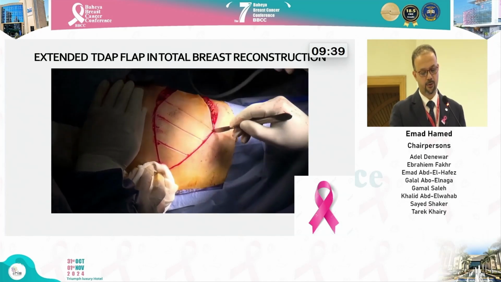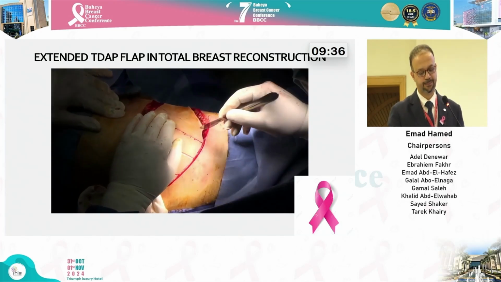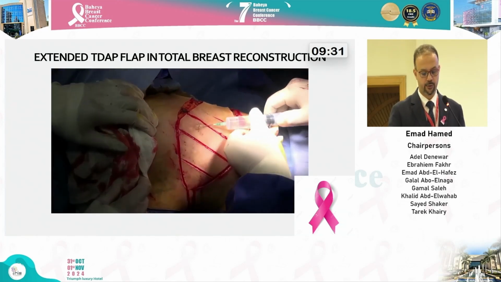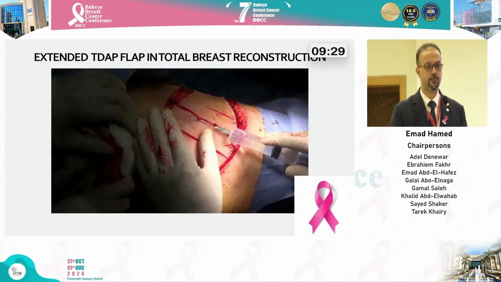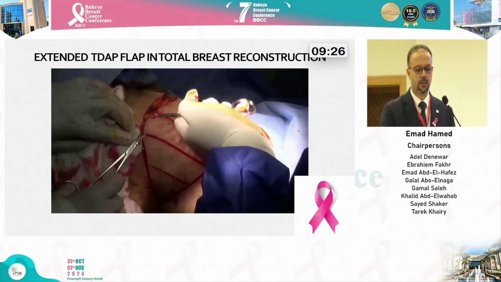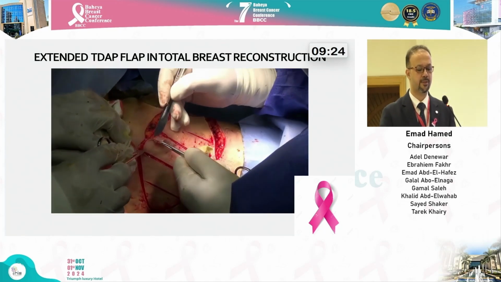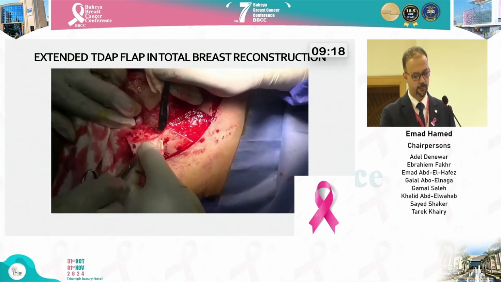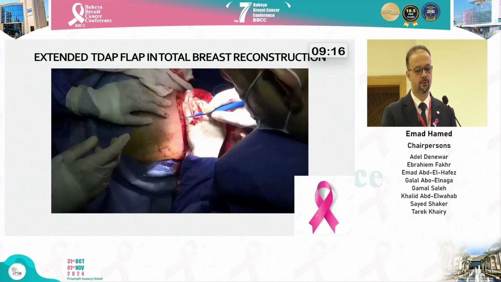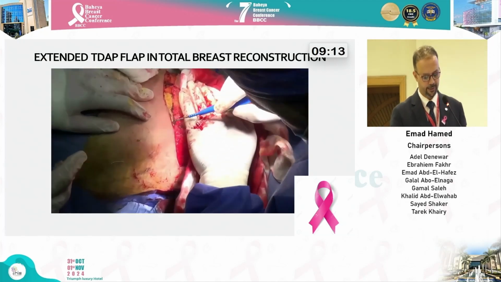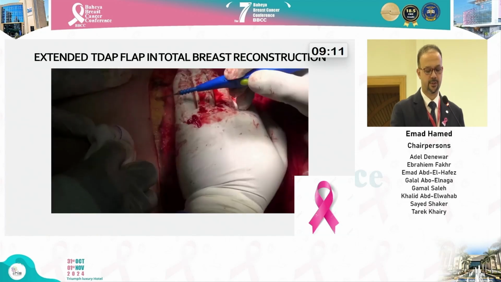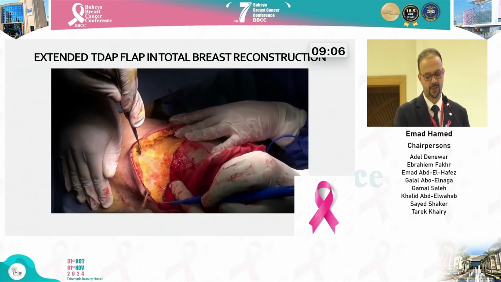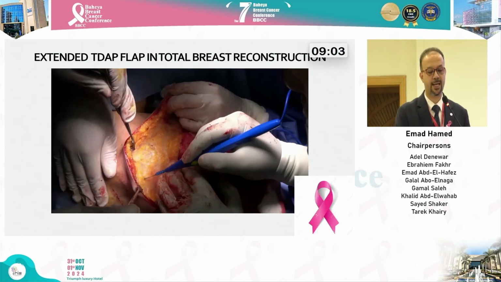The first step is to do deepithelialization, cutting the skin into strips to facilitate the excision, and according to your preference, using hydrodissection using tumescent fluid, or a cutting mode of diathermy, or sharp dissection using a scissor, whatever the method you prefer. Then I start to harvest my flap after deepithelialization, starting from upside down, from medial to lateral, as I